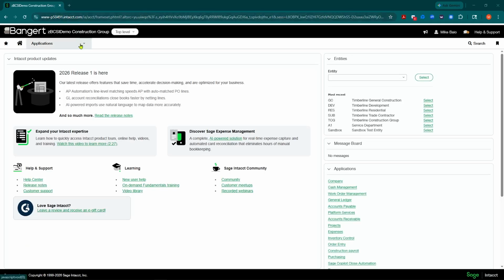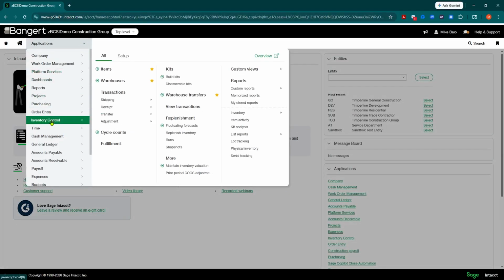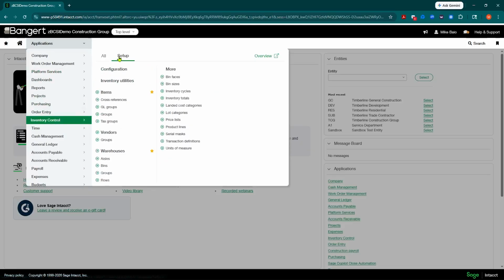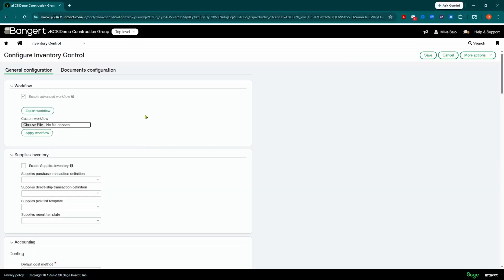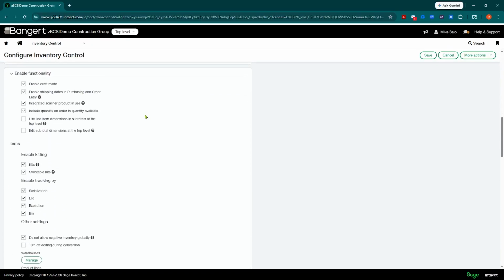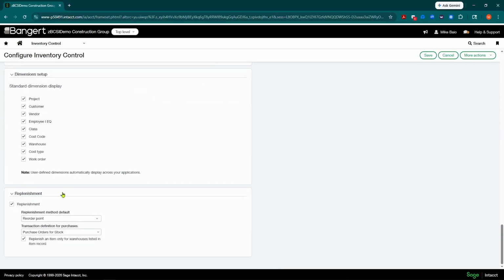First thing you're going to want to do is go into your top level, go into the Inventory Controls area, and go into Configuration. Once you're in there, scroll all the way down to the bottom. You'll see the replenishment area is near the bottom of the inventory configuration. It'll have a heading called replenishment, and you want to make sure that that's checked as turned on, so you can go ahead and set that up from here.